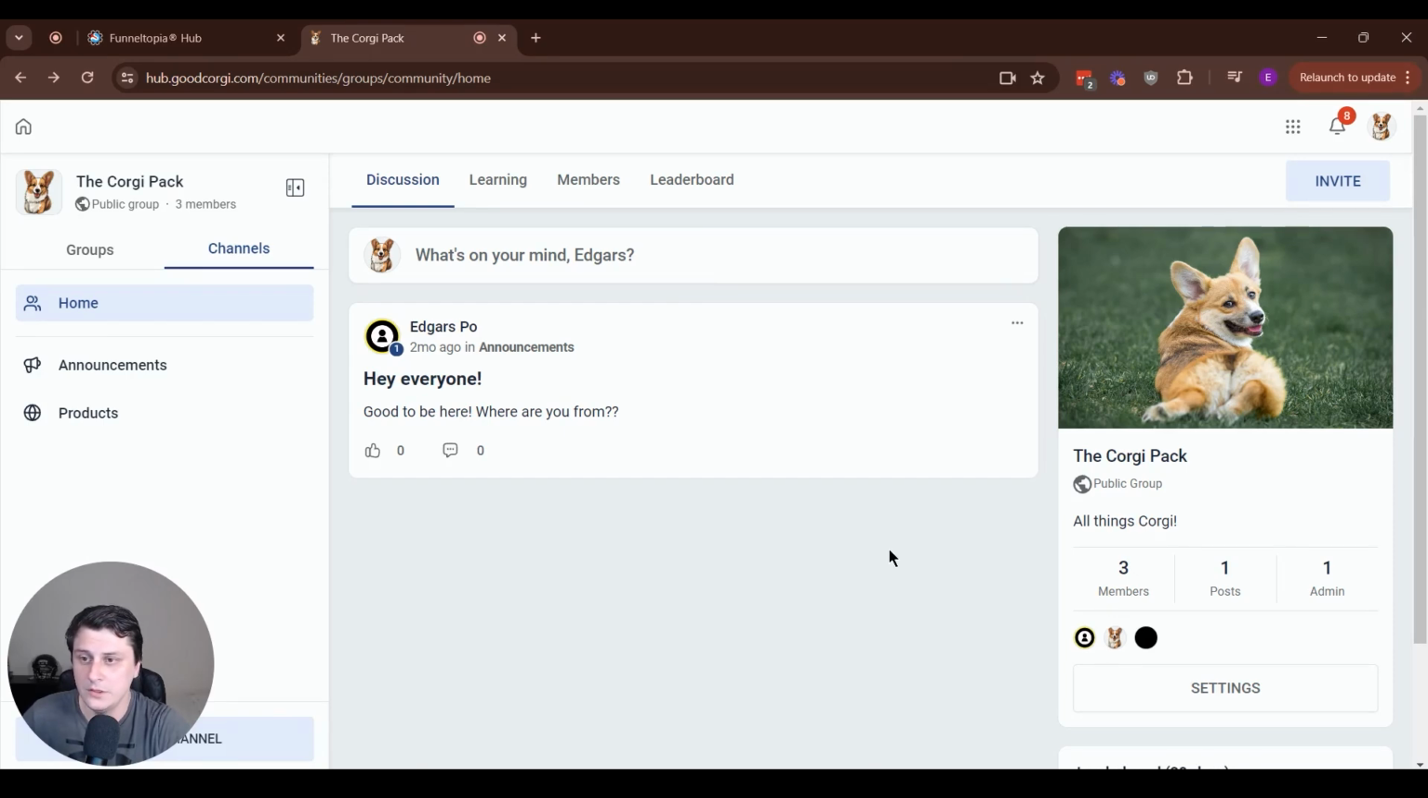A couple new feature additions related to communities. So, in case you didn't know, in Funneltopia, you can build communities. Think something similar to Facebook groups, right? There's more and more things being added right now, as it was more bare bones a couple months ago. Now, there's more and more really cool features, and a couple of them I want to mention